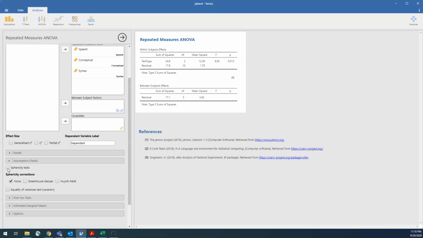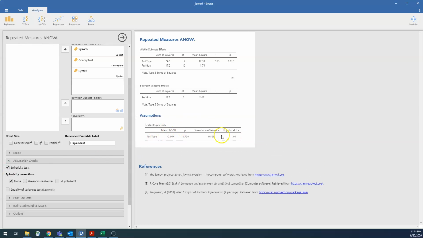It's something that's conceptually very similar to that, but it's the variability within the 3 different groups within the same people. So sphericity is measured slightly differently than variance, because variance assumes that the 3 different groups are different groups of people, but sphericity assumes that they're 3 groups of the same people measured multiple times, and so there should be a high degree of relationship between measure 1, measure 2, and measure 3, because it's the same person doing each of those measures. So it kind of accounts for that consistency across measures, and then we call it sphericity instead of homogeneity of variance. But we still need to test it, and so we just check that box there.